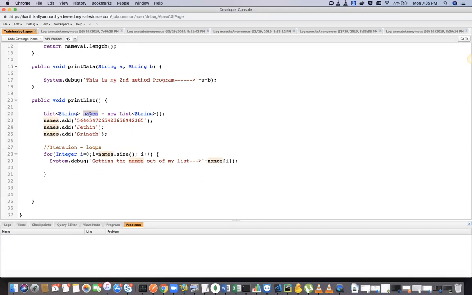What is an object? Now we know what an object is. An object is the copy of the class. Okay, an object is nothing but a copy of a class. For example, Srinath is one object. It was made out of a class called contacts, right? For example, if you see here,